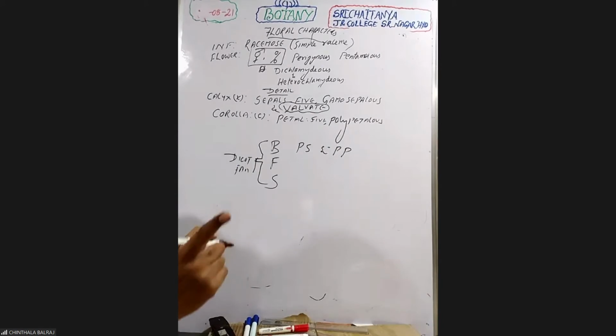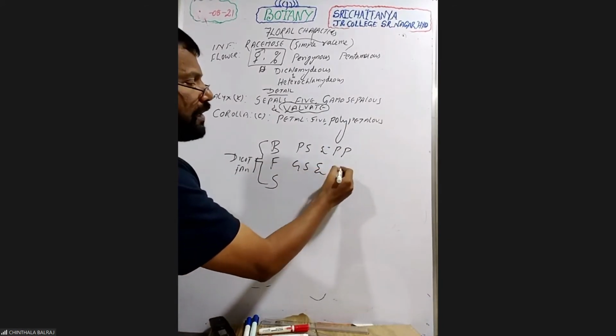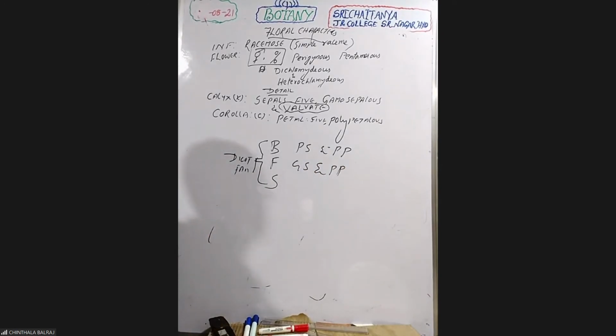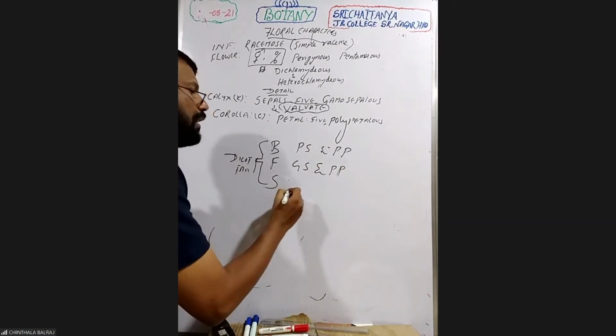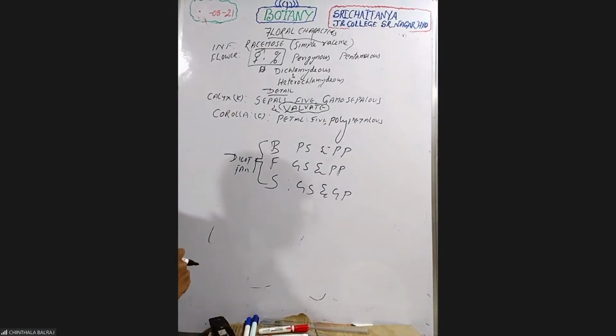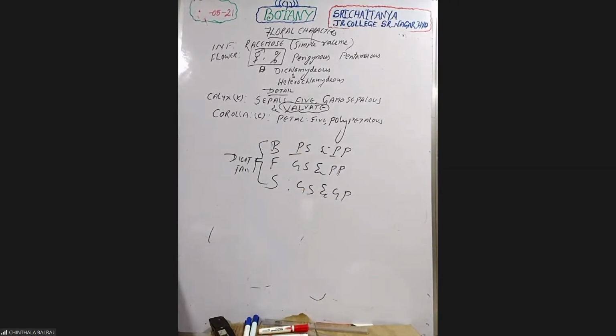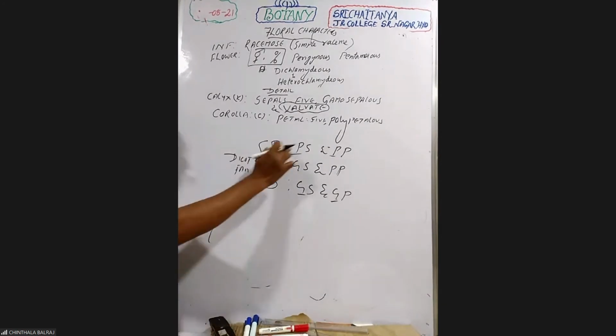In which dicot family gamosepalous and polypetalous condition is seen? Fabaceae. In which dicot family gamosepalous and gamopetalous condition is seen? Solanaceae. Follow? Yes, sir. Brassicaceae PP, okay? GG Solanaceae, gamo. Poly: Brassicaceae, polysepalous, polypetalous.